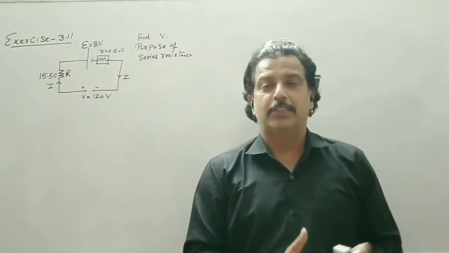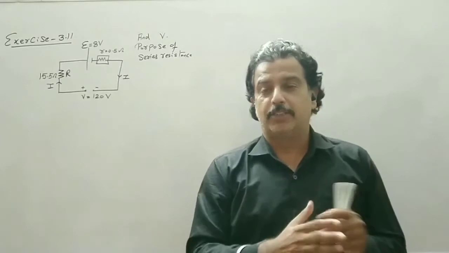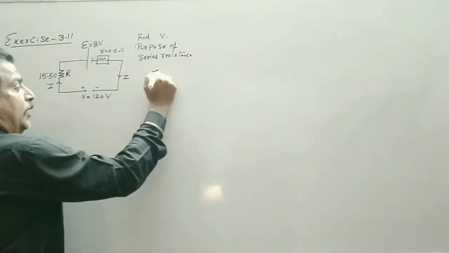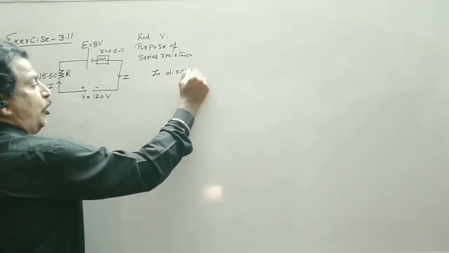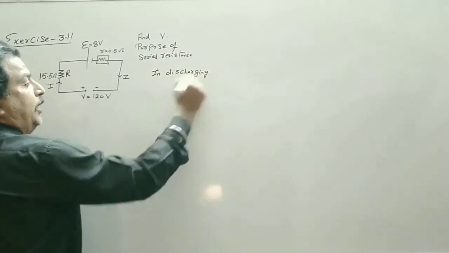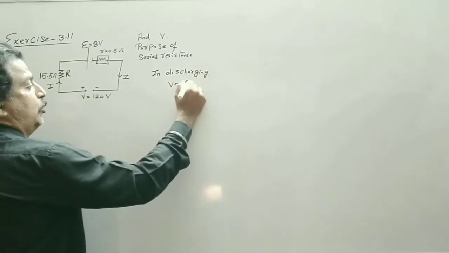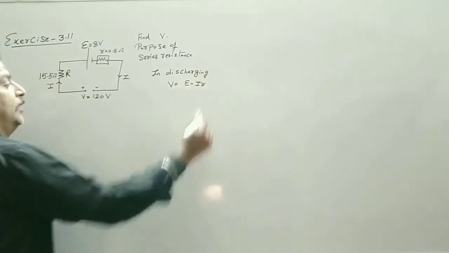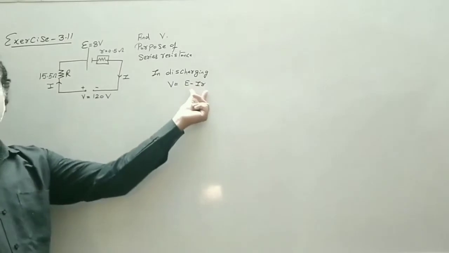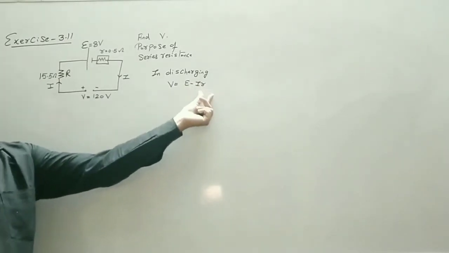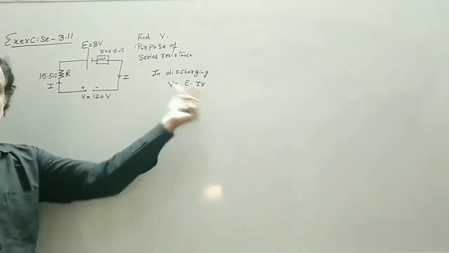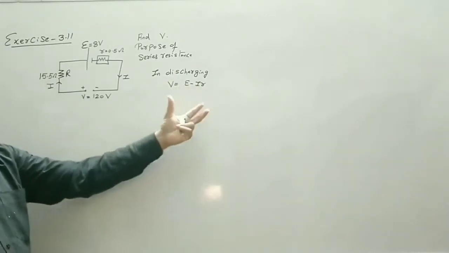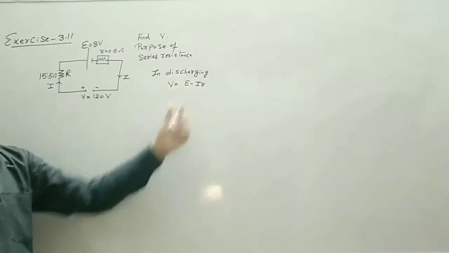So that was the discharging mode. In discharging mode, we have written this formula: during the discharging of a battery, the terminal potential difference V is equal to E minus Ir. This internal resistance was due to the motion of ions inside the electrolytes due to impurities. We have discussed that factor.